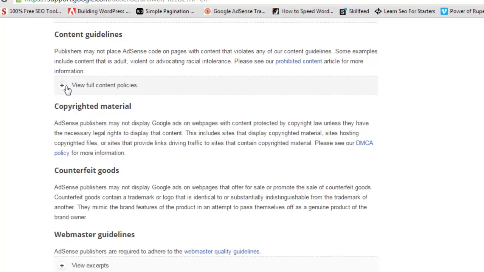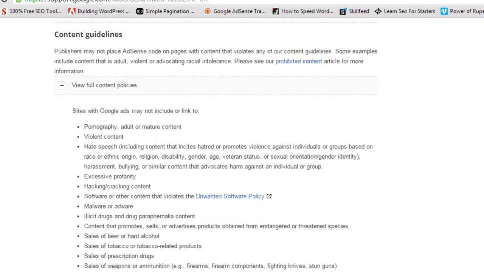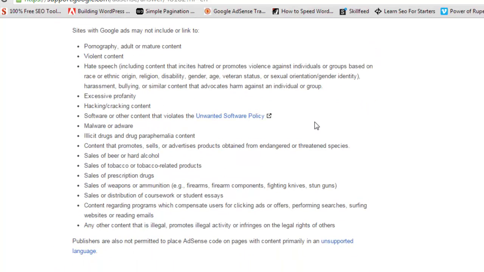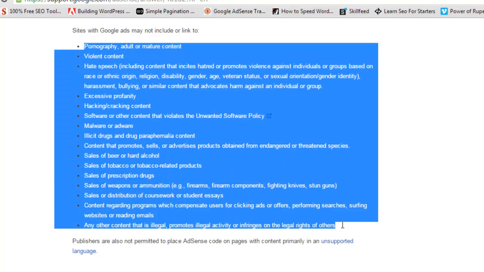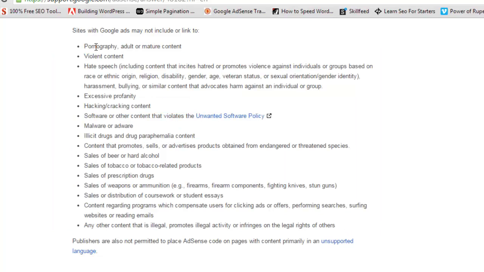If you click this view full content policies, you will see the content which is not allowed in AdSense. So just keep this all in mind. Don't create websites on these topics.